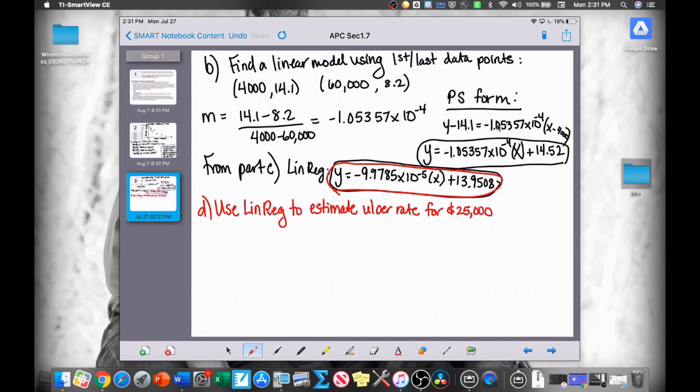Okay, now if we think about this, 25,000 lives within our set of data, right? Because our incomes in our data set go from 4,000 to 60,000. 25,000 is not a specific data point, but it does live within our data set. So remember, we would call this interpolating. Okay, so they're asking us to interpolate. Basically, when x equals 25,000,